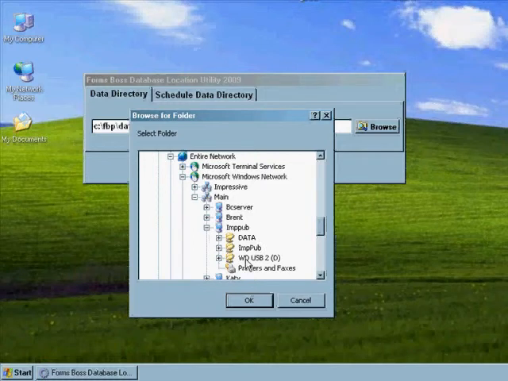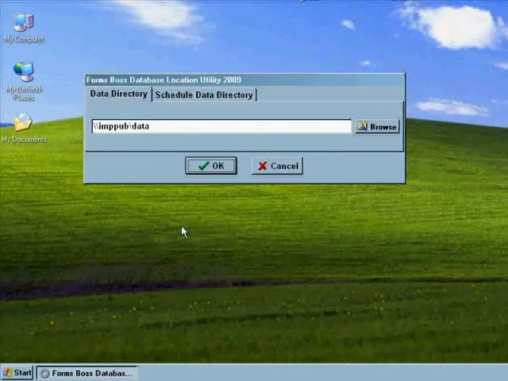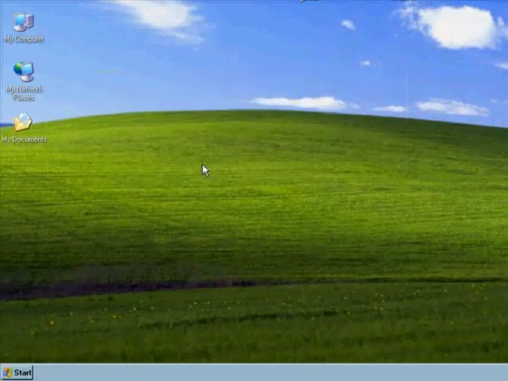Once it extends down, you should see that data folder that you shared on your network listed in the list under that server. So just click on the data folder. Don't click the plus button this time. Just click on the data folder so that it's highlighted, and then click OK. And you'll see that it changed the data directory path here. The data path should read //, then the name of your server, /data. So once you've gotten that fixed on every computer workstation, you'll be able to share data amongst all of